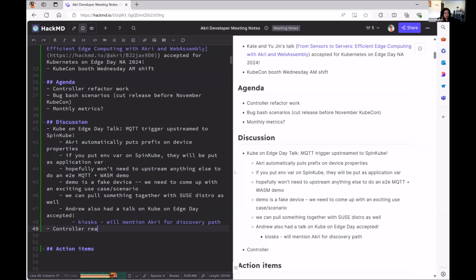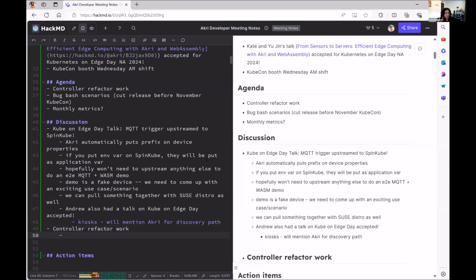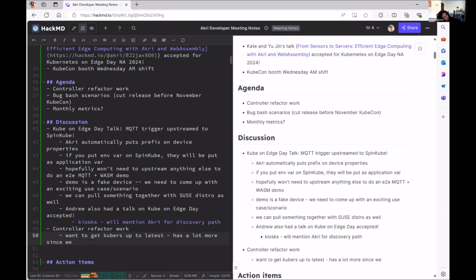Yeah, so Nicola's refactor was a lot more than what mine is, but essentially the end goal of this work is we want to get our kube-rs, which is the Rust Kubernetes client, up to latest. And what that gives us is a lot. That crate itself has really grown since we were using it in what felt like the dinosaur days. Like we were using kube-rs before it was even a certified Kubernetes client. Now it is and has amazing documentation, and it has a lot more, like finalizers and even better automated watchers and events.